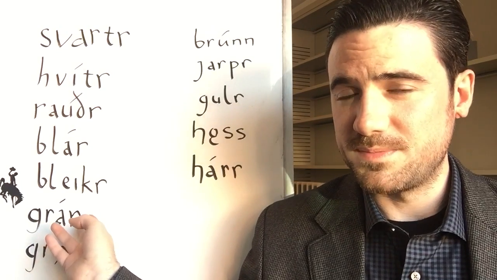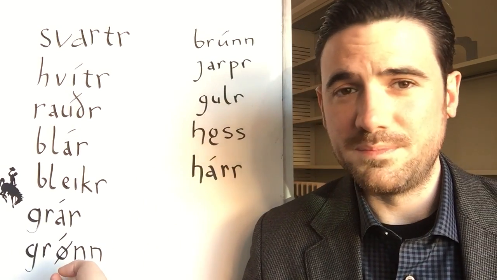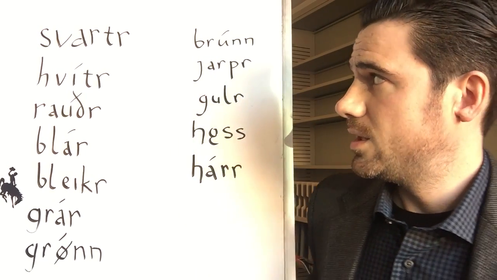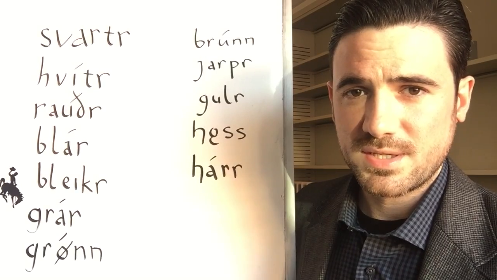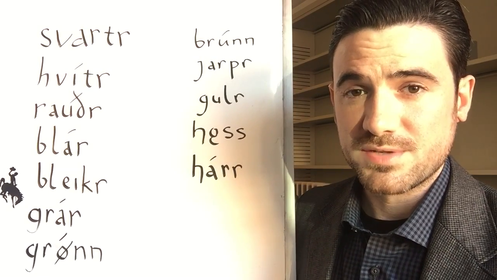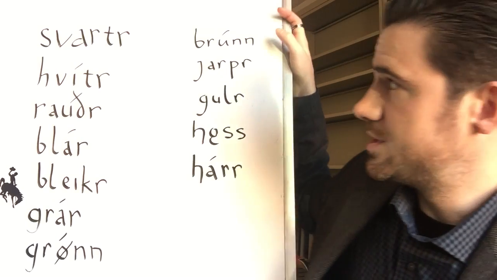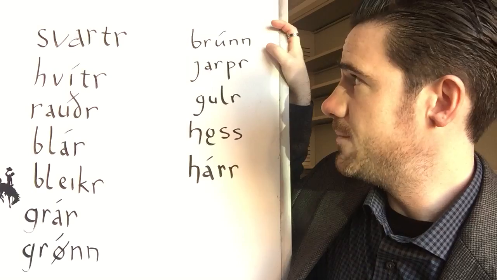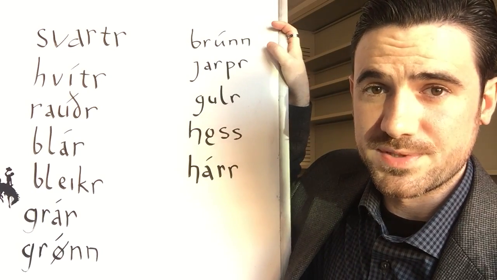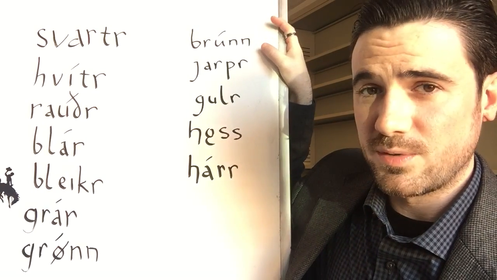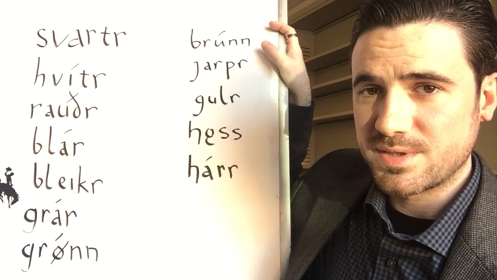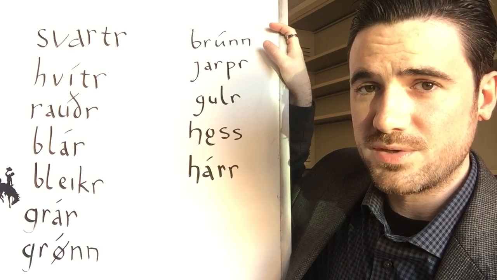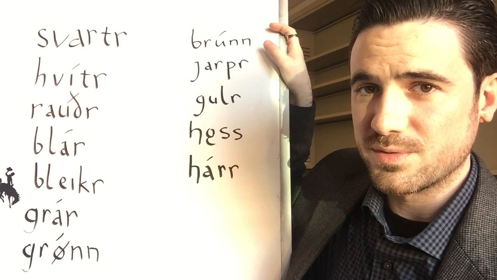Gror means gray. There's also some subtypes of gray that I'll talk about in a moment. And grun means green, basically the same as English or a modern Scandinavian language. There are also some additional words that I don't think are basic color types in Old Norse, but are used mostly for specialized vocabulary. For instance, brun, which has come to mean the general color brown in the modern Scandinavian languages, in Old Norse seems to be used basically just for horses. When it's used for other things, it always seems to be evoking the horse color. So I think this is somewhat analogous to the use of the color chestnut in English today. You can use it for something other than a horse, but if you do, you're thinking of the horse color.